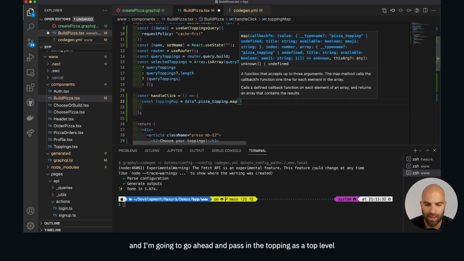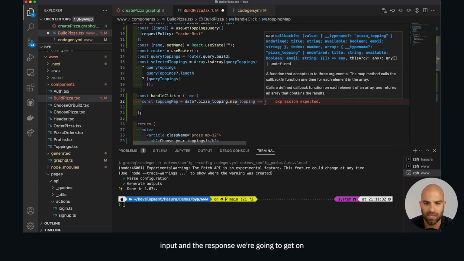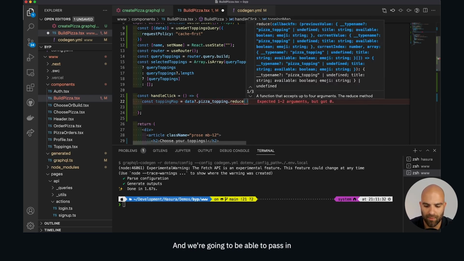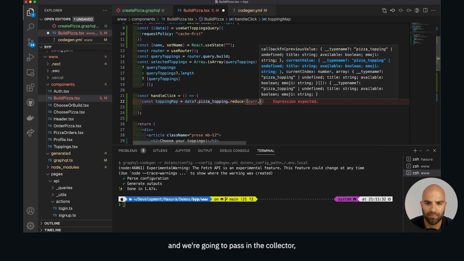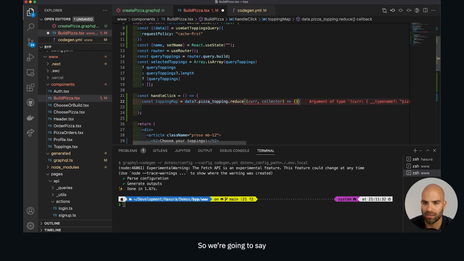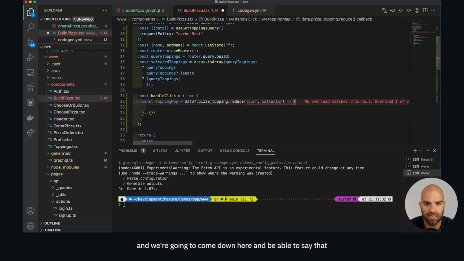I'm going to pass in the topping as a top level input, and actually I need to make this a reduce. We're going to reduce that, and we're going to be able to pass in as an object a collector. So we're going to pass in the current, and the collector, and we're going to be able to return this now. We're going to pass in an empty object, and come down here and say that the collector,